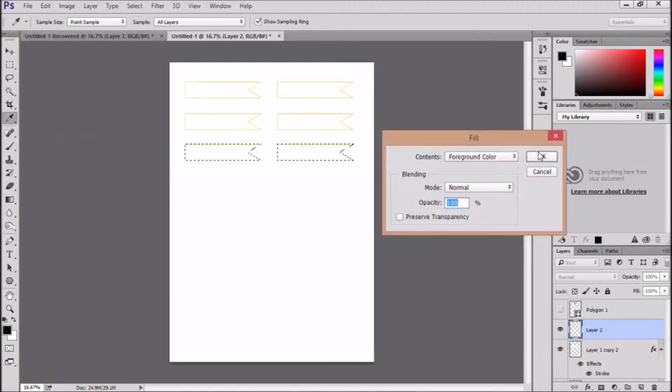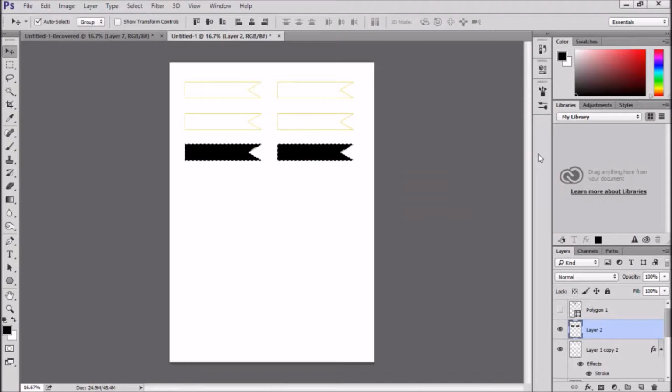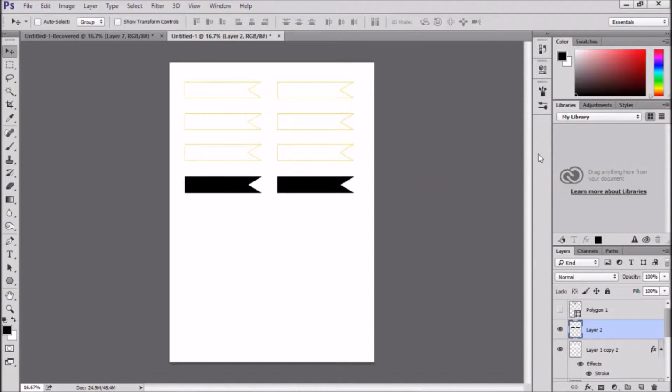So I'm now moving on to another style. So I want some banners with double stroke, so a 6 pixel stroke on the outside and a fine stroke on the inside. So what I'm doing is I'm